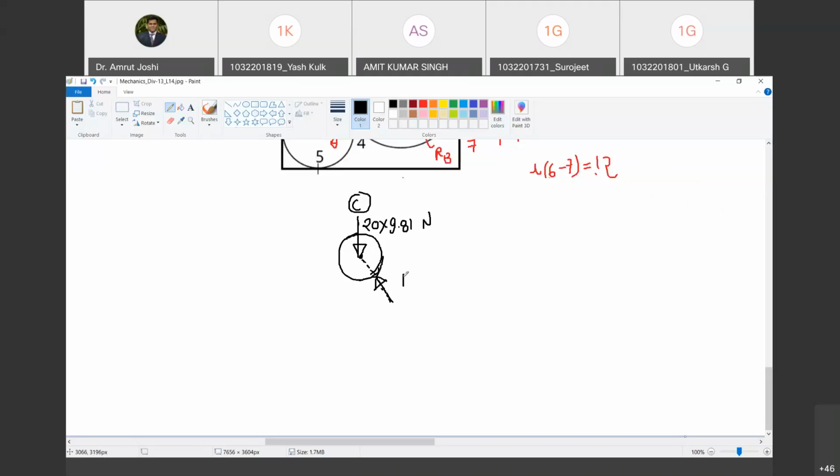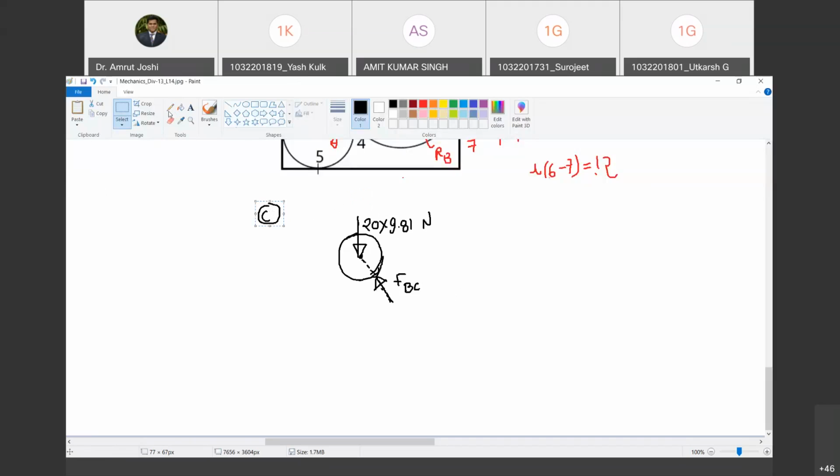So what is this? Is this the action taken by, or the reaction applied by sphere B? Let us not call it reaction. Let us call it the force applied by cylinder B on cylinder C. Do you agree with me? Notation समझ में आया? Force applied by cylinder B on cylinder C. On C. Cylinder C cannot be pulling cylinder B, because if it is pulling, there is a separation. There is no possibility that cylinder B might be able to pull cylinder C. Therefore, this force must be thrust in nature, so it must be towards cylinder C. Do you agree with me? Chalo.